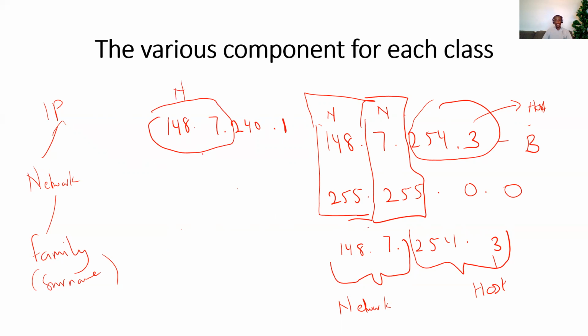So the two IP addresses, this one and the one we formerly used, have the same network part, which means they belong to the same family, because synonymously, we're saying that your surname is kind of your network, your network path. So if two different IP addresses have the same network path, then we can also say that these two IP addresses belong to the same network, and they can communicate to each other without any worries. So let's pick another example that also starts with 148. So let's say we have another IP address